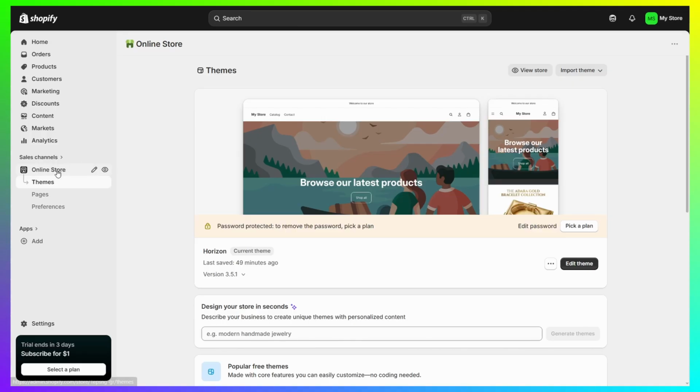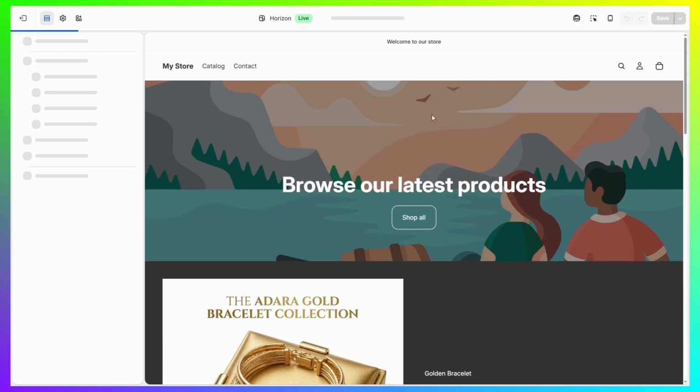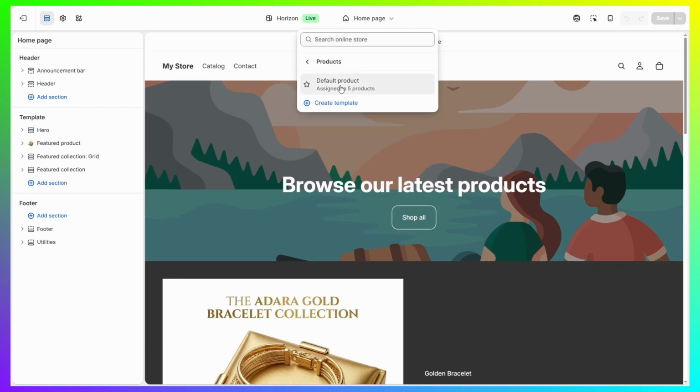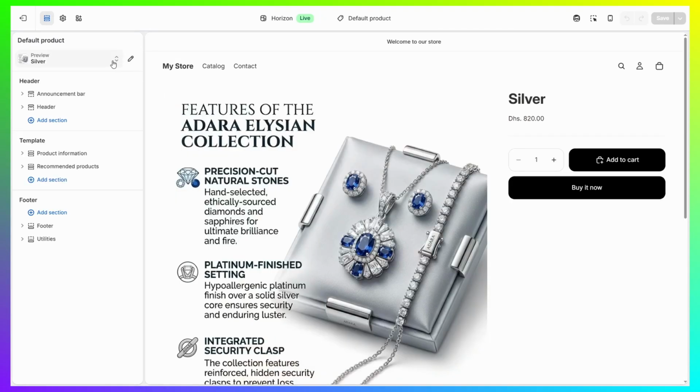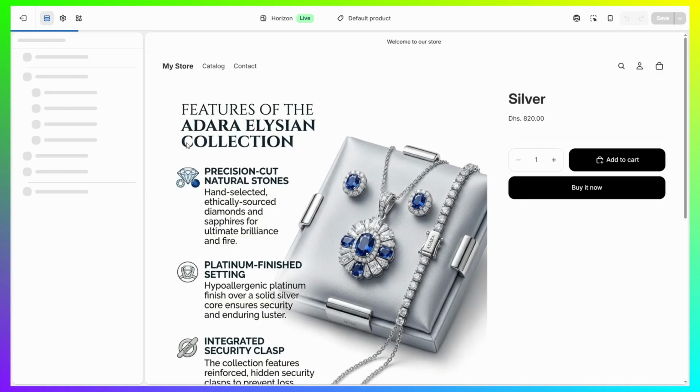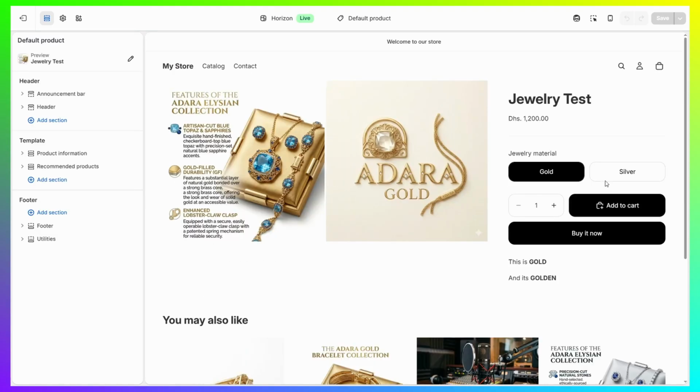It's very simple. We just go to online store, themes, and click on edit theme. Next up, we just want to go to the default product page. But make sure you select a product that does actually have variants so we can obviously test this. So just make sure you select one from here at the top. And I think I have this one, which does actually have two different